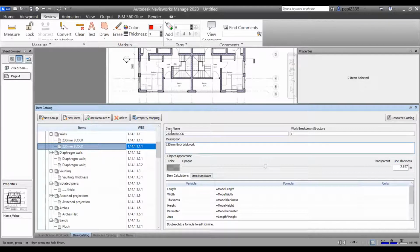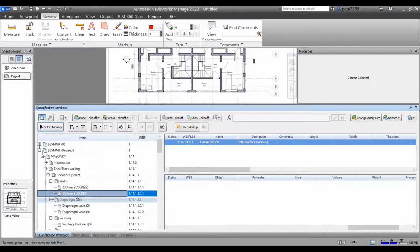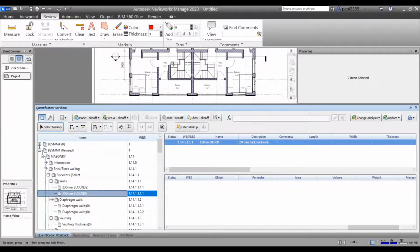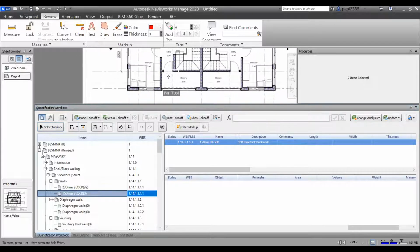As well as go under the name and change it to 150. When we now exit and come back to our quantification environment, we now have a 150 block work item ready for us to start doing takeoff with. And now, in as much as your desktop, your screen is displayed over a 2D sheet,